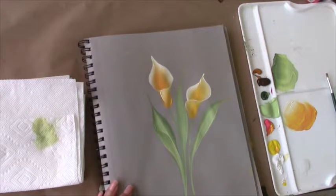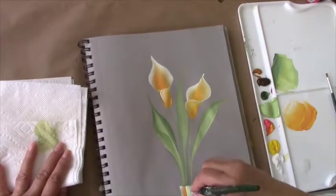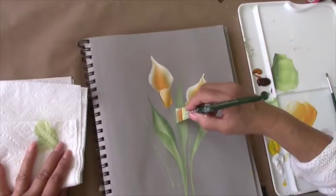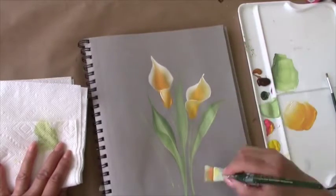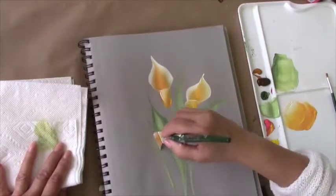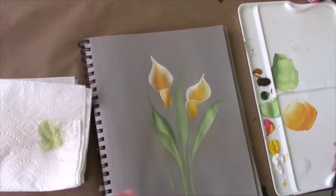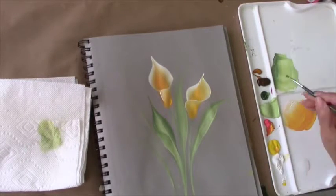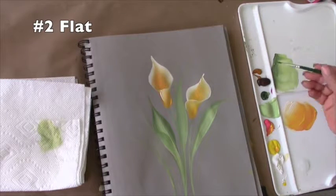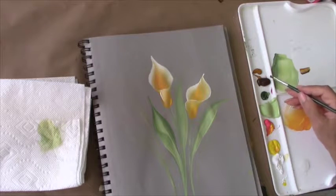Okay, now I guess I can add some more of those little filler greenery right in here. So just add a little bit here. And then now I'm going to do my stamen. This is with my 2 flat, double loading with my cinnamon and burnt umber, blend with the lighter color on the top,